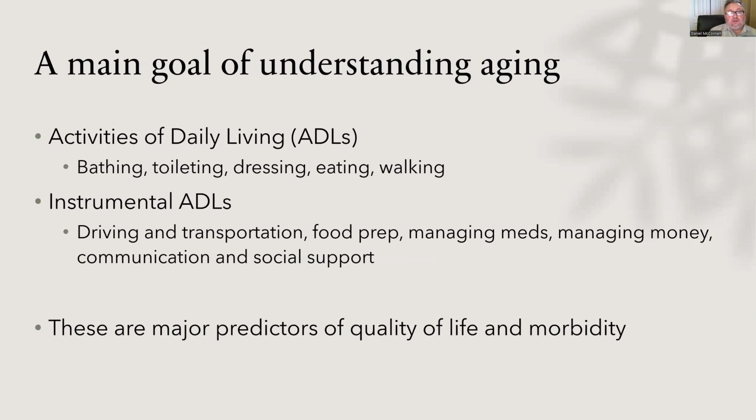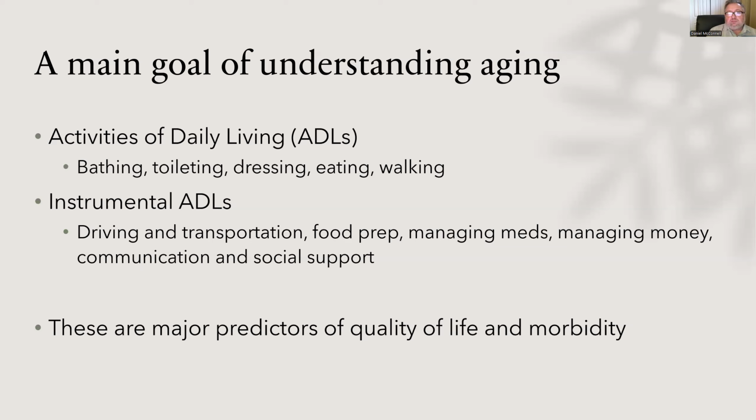All right, so as I previewed at the beginning of this here, we're interested in quality of life. And so one of the things to think about here is that the main theme when we talk about aging, the main goal of aging research is certainly we want to understand aging, but one of the main reasons for that is we want to improve the quality of lives of older adults. And that's going to focus then on what we refer to as ADLs, right, which is short for activities of daily living. I have a few key ADLs listed here.